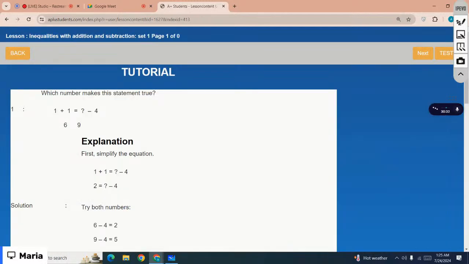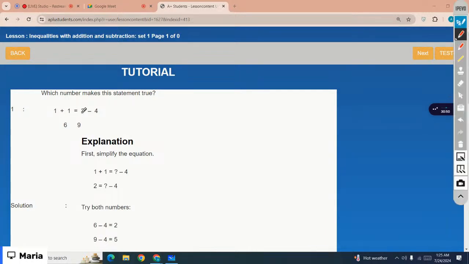Here you have inequalities. Okay, let's see the example. Which number makes the statement true, right? That is 1 plus 1 equals the missing number minus 4. That means both sides are equal, right? Here you have the equality sign. So just add 1 plus 1, which makes 2. Now you have to find which number